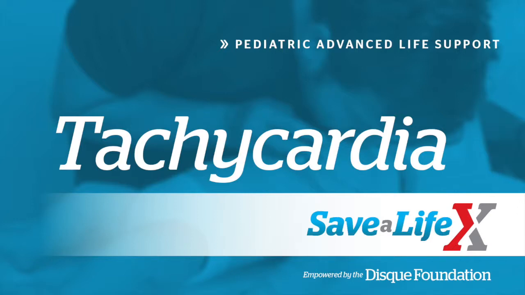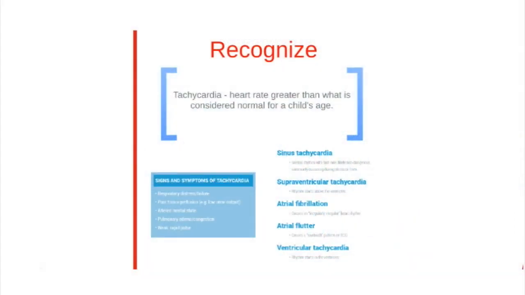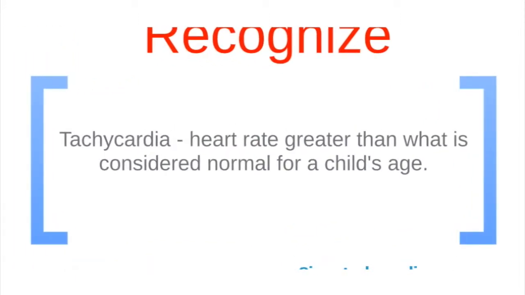This lesson will cover tachycardia for pediatric advanced life support. First, we'll discuss how to recognize tachycardia in children and infants. Tachycardia occurs when the heart rate is greater than what is considered normal for a child's age, and it can